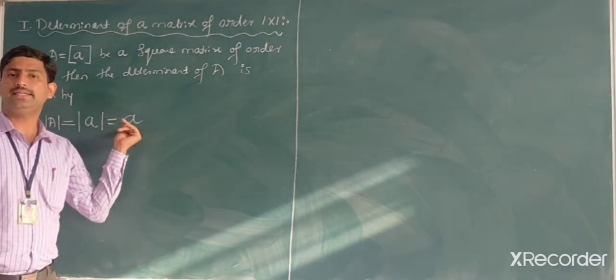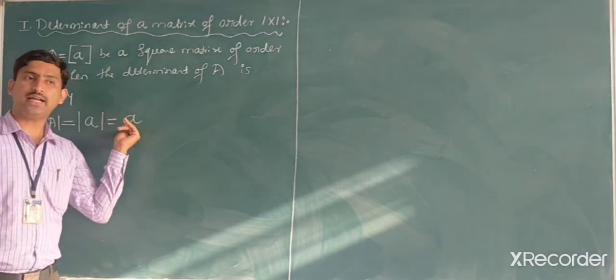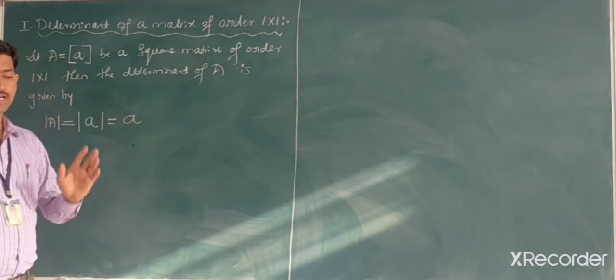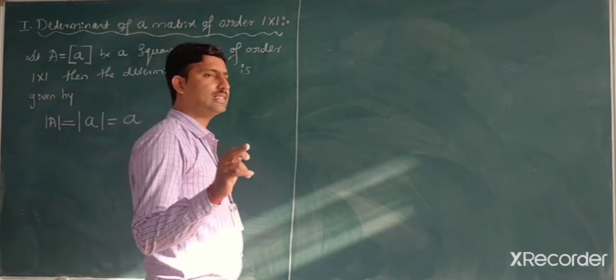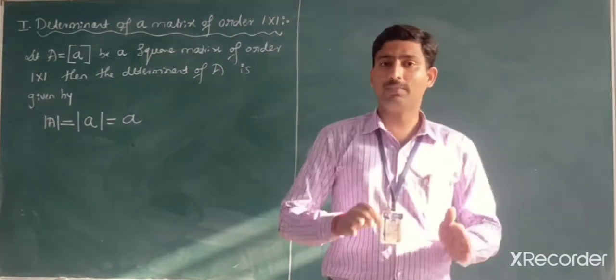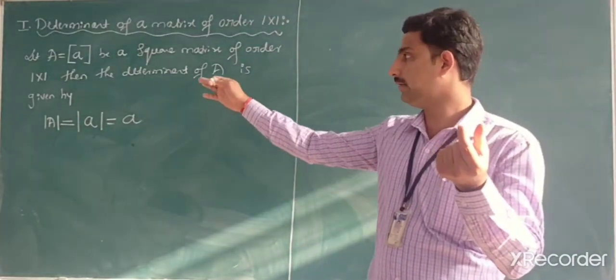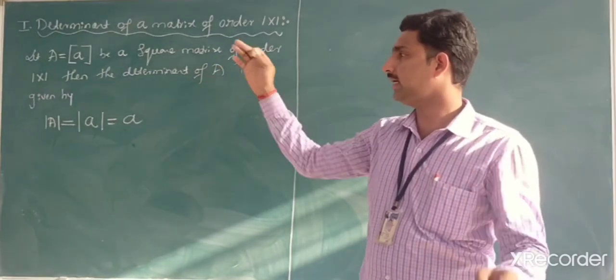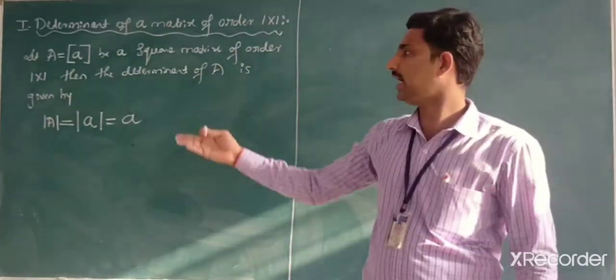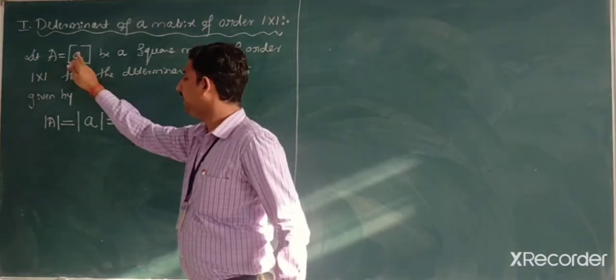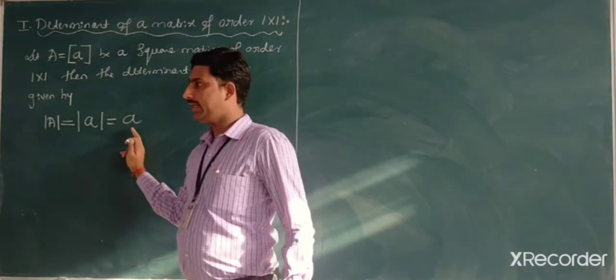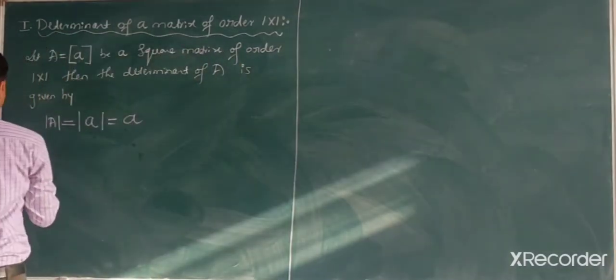The determinant of 10 is 10 itself, the determinant of 100 is 100 itself. Therefore, if the order of a matrix is 1 cross 1, then the determinant value is the value itself, whatever is given in the matrix. If the element given is A, our determinant value should be A. After that, the second one,